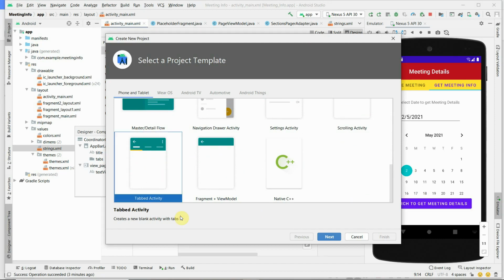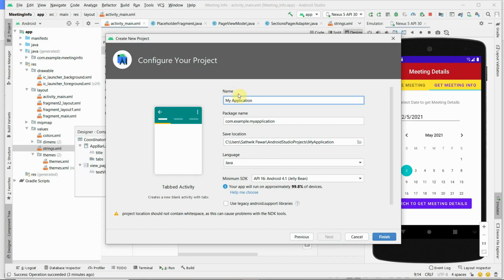Instead of empty activity, you have to select tabbed activity. Then select next, and it allows you to give the name. You can give any name; for example, the name of the current app is meeting info. Then you have to select finish.